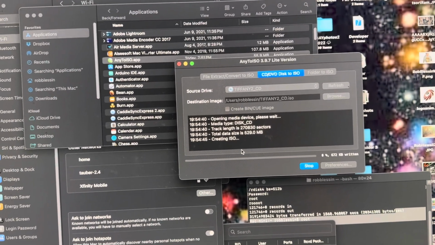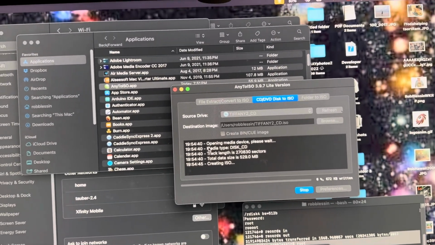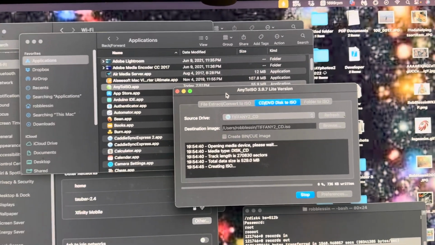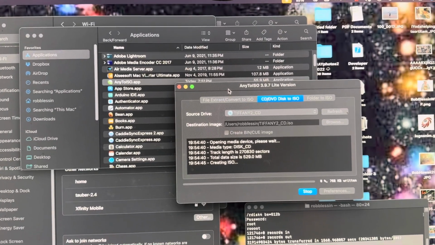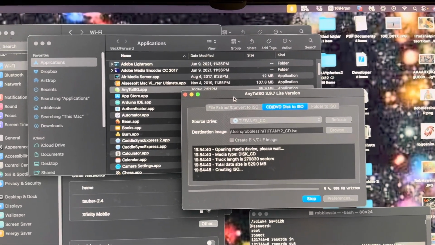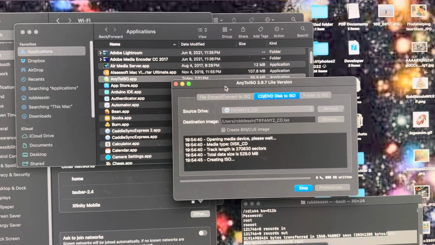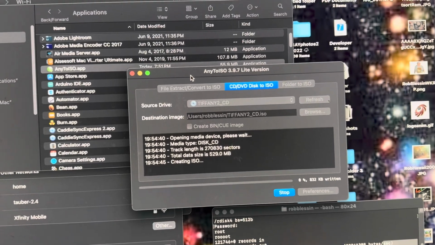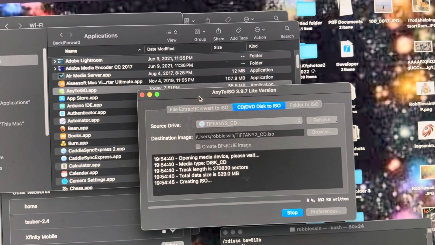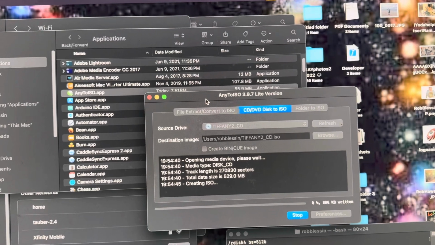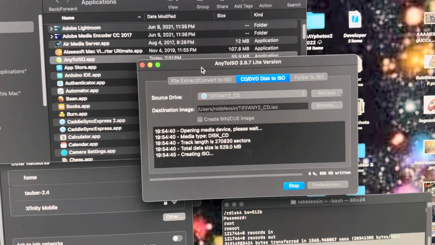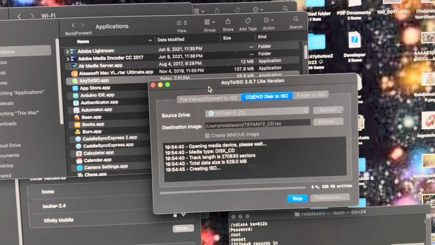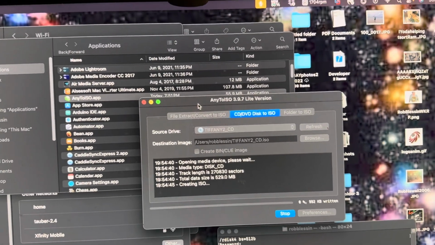As I say, Any2ISO is really a neat little app. So it'll take anything you have out there and put it in ISO form, which should be readable by Previous. And to me, it looks like it's kind of chugging along fairly slow, and I'm not sure why that is. But we'll just let it do its thing and go from there. Maybe because Next CD-ROM images were probably all burned at 1x, because